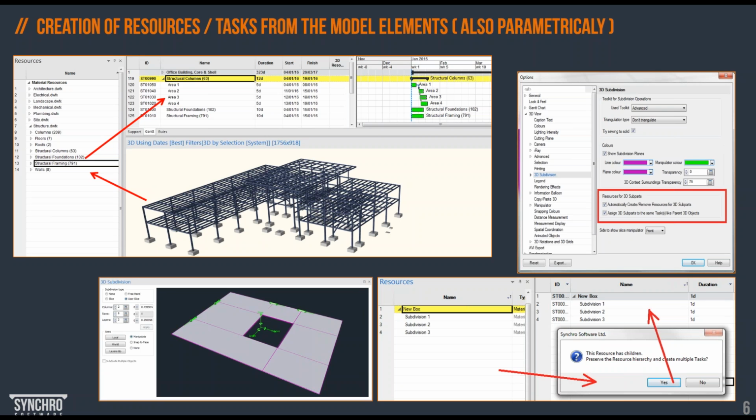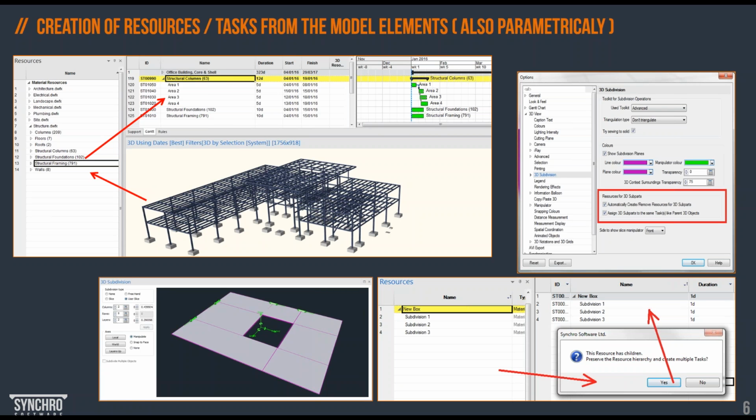So if you're creating a schedule from scratch in Synchro, you can start with the model information. Later on, when you have the 3D objects in Synchro, and for example decide to subdivide them, that's the lower part of this slide.